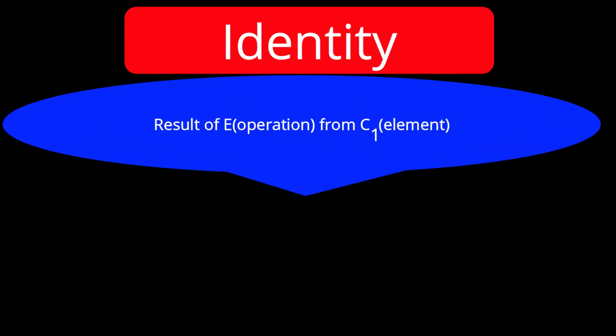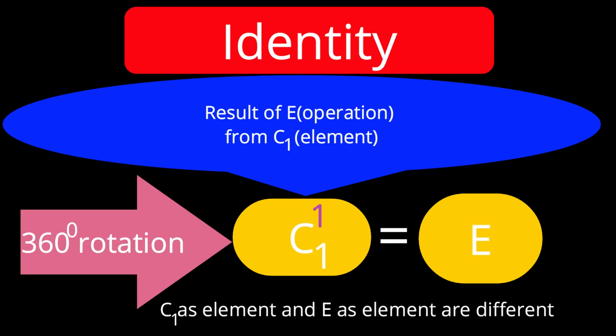Now let us discuss the first simple axis, that is called C1. C1 means rotation by 360 degrees. So 360-degree rotation gives the same result as identity. So any line in the molecule you can consider and rotate the molecule around that line, you will get the same structure. So it is equivalent to identity. Therefore, C1 we don't consider in the axis category. It is equivalent to identity, but it is not identity.